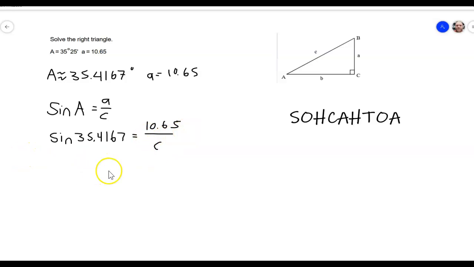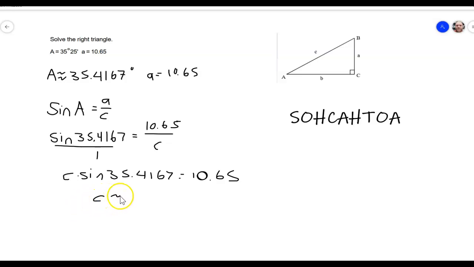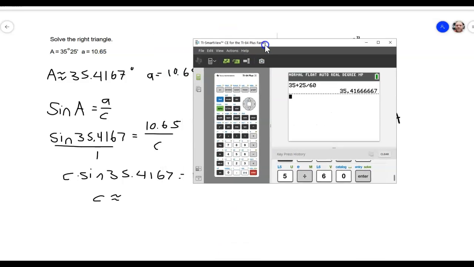To solve for c, I cross multiply and divide: c times the sine of 35.4167 is equal to 10.65. Finally, I divide both sides by the sine of 35.4167, so c is approximately equal to